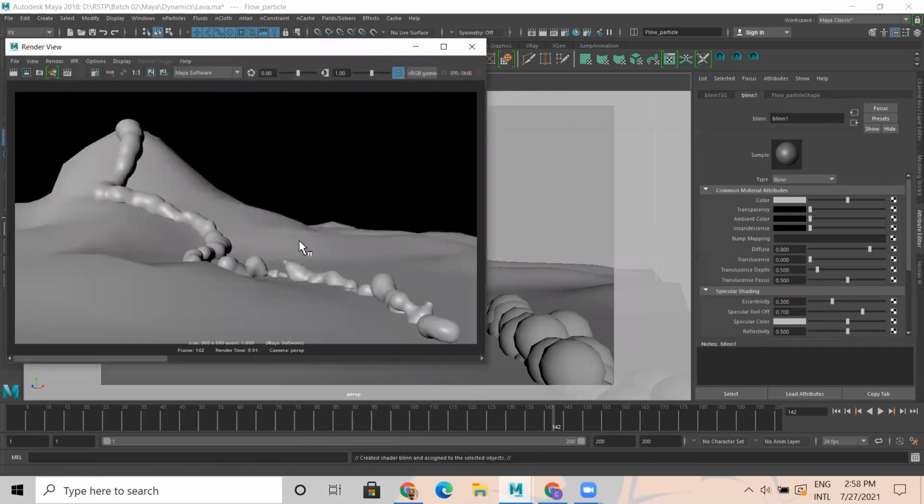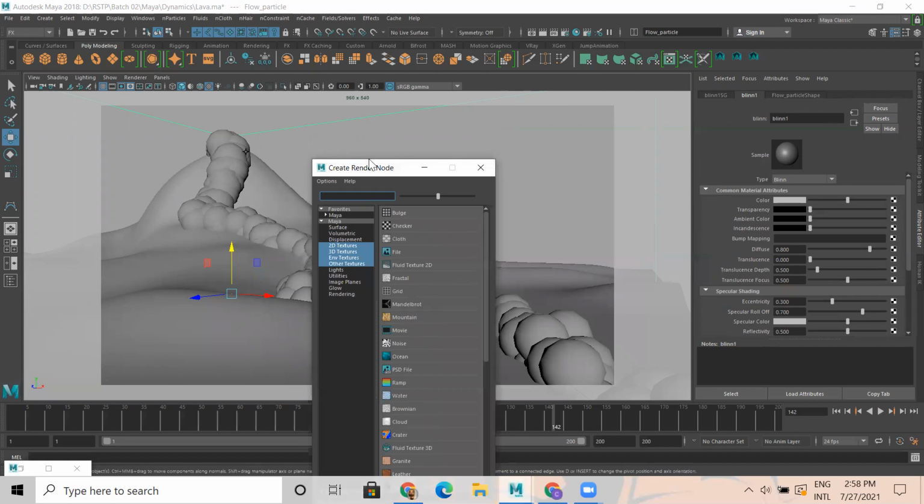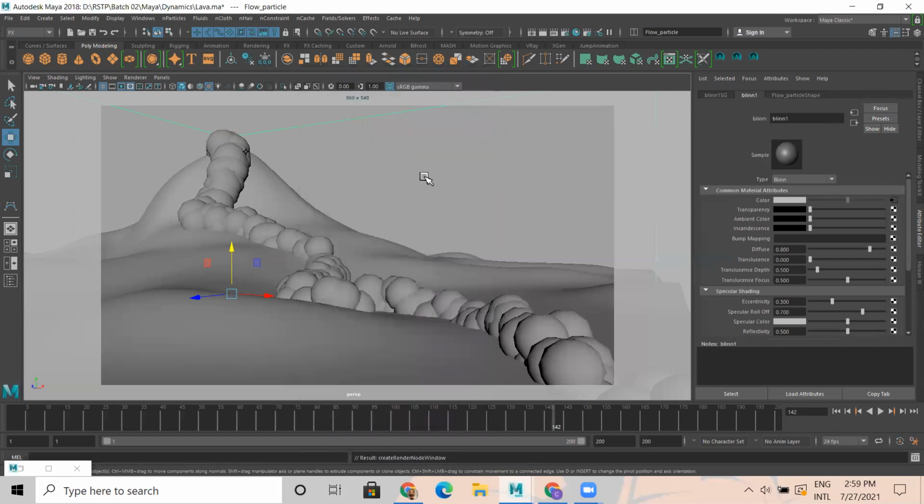Little bit of shininess is there. Okay. Then what I'll do, in the color part, click on this. I would like to apply a 3D texture called crater. Crater.